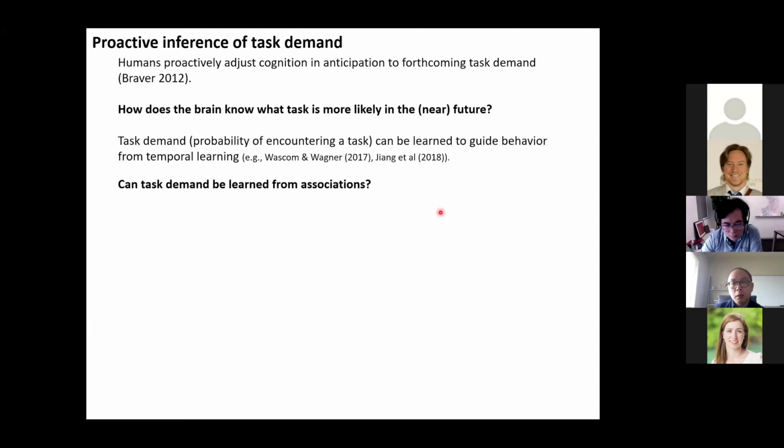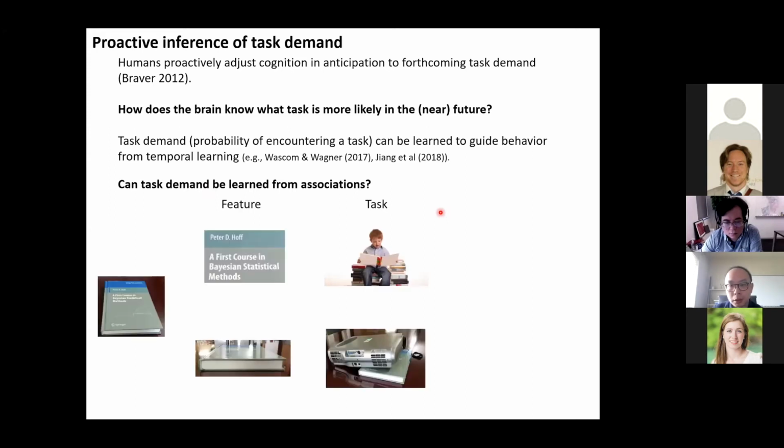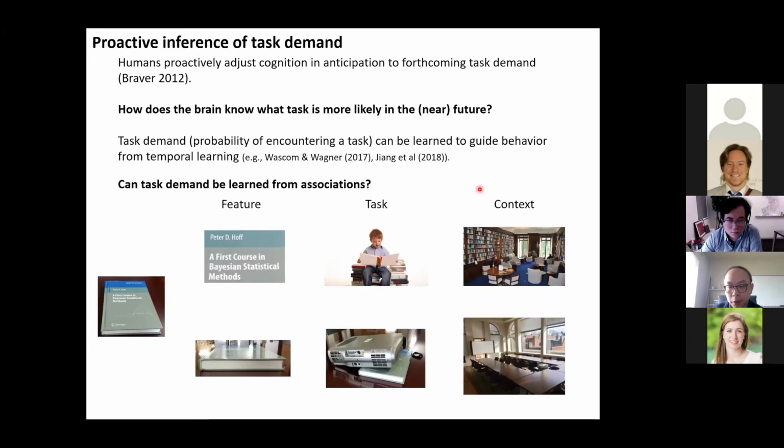So in this particular study, we wanted to see other types of learning of task demand, say associations. As we know, in many cases, tasks are associated with spatial contexts. So say in our book example, if we add a context component to the two tasks, say one spatial context of a library and another spatial context of an office or a conference room,